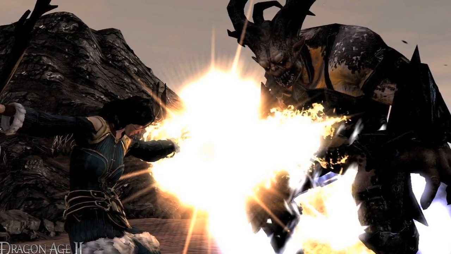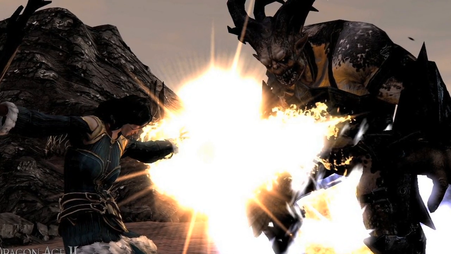The way you can play this game is you can play Dragon Age 2 one of three ways. You can play it as a very pause and play, tactical, chessboard RPG for the fans who love that with Origins. You can play it as a very action RPG for those of you who just want to kick back and kick some ass, or you can play it somewhere in the middle, switching between the two at any given moment. That's the freedom that we're really excited about giving to our players, because it's all about choice and giving the players freedom to experience this great story how they want.